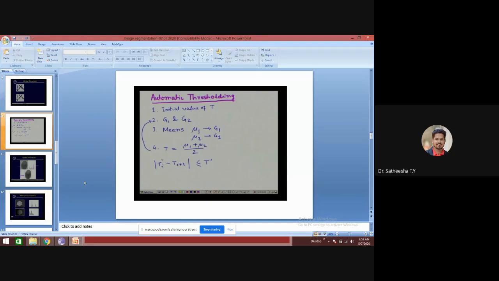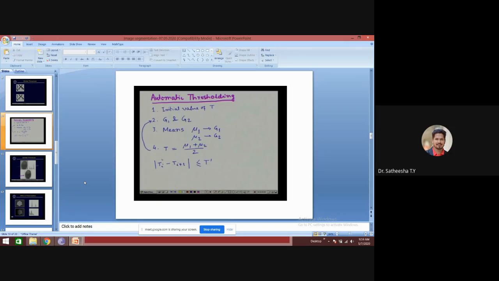Thereby these groups G1 and G2 will be modified, and I repeat this process: thresholding, grouping the intensities into two groups, and recalculating the threshold. This entire process is repeated until the variation in two successive iterations in the computed value of T is less than some pre-specified value.